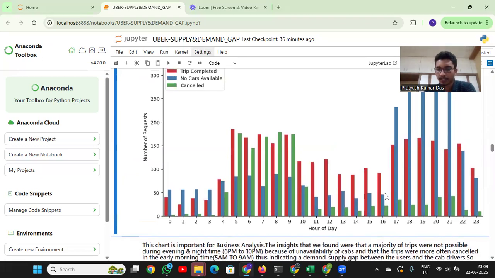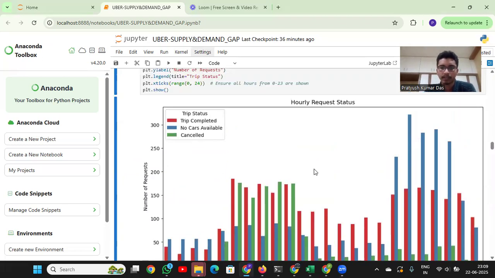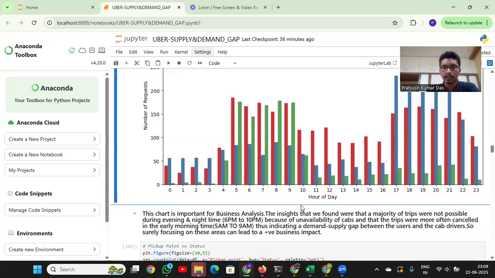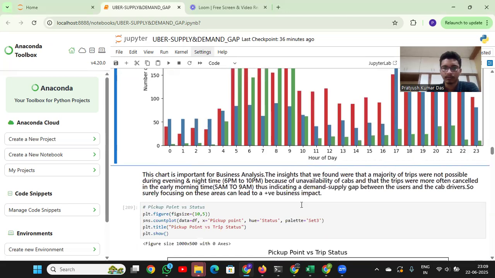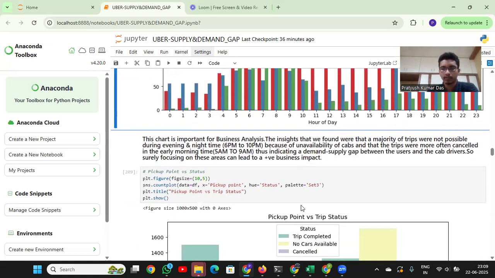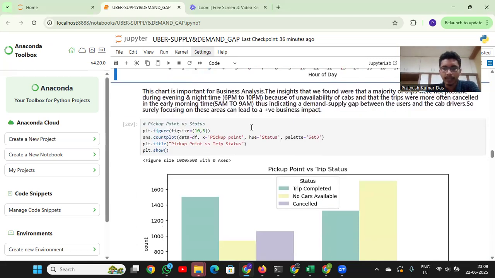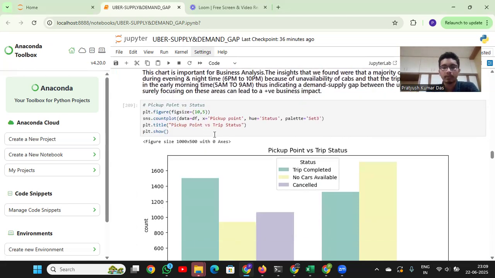Yeah, like that we also see the completed trips too. The completed trips are also higher in this timeline, which is just ironical to the fact that the trips were cancelled during this timeline. But these are corresponding to different users, so it's just a holistic insight. So coming to the main thing, we also plotted the pickup point versus the trip status, where we